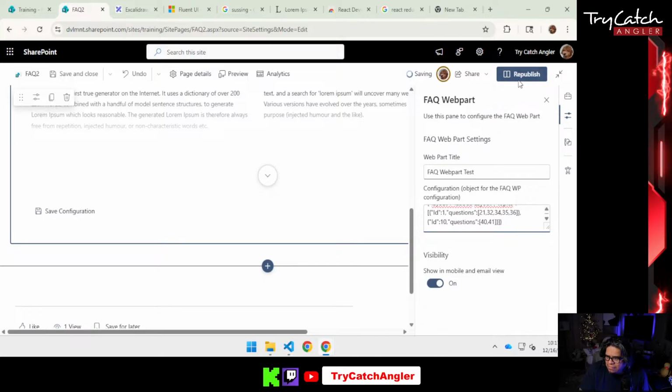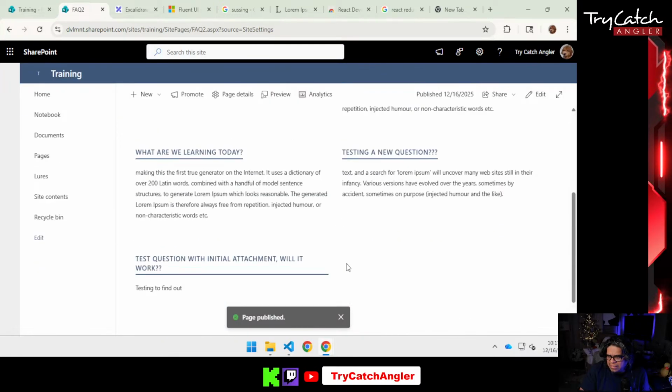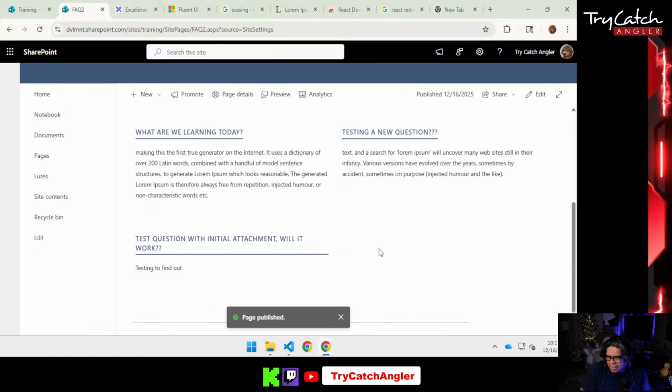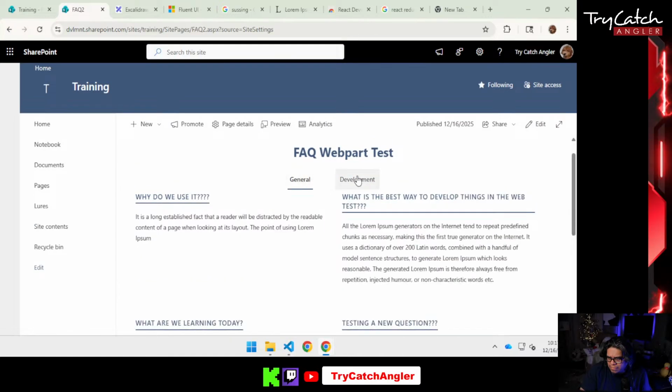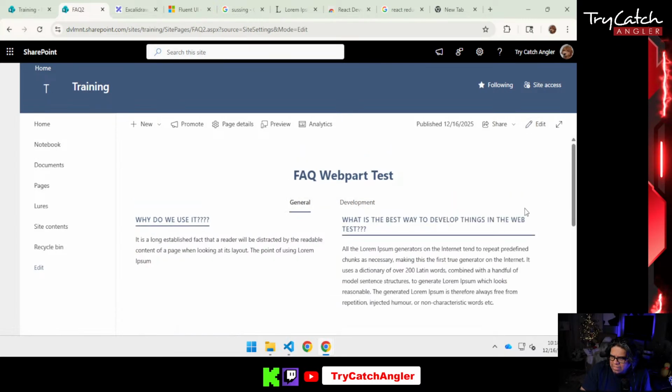Okay. So now if I republish that, as soon as I publish it, it's gonna crash. So I can expand it. I can see my questions and go to development. Everything's working fine. Now it's not broken. If that's not the issue, it doesn't appear to be the issue. Then the only other issue is probably having to do with,